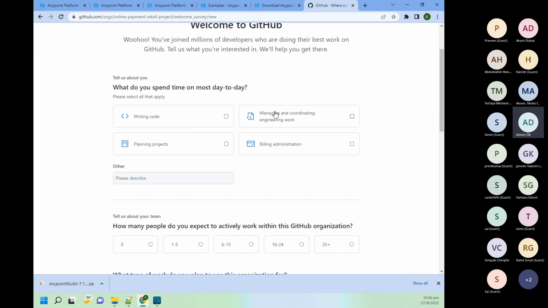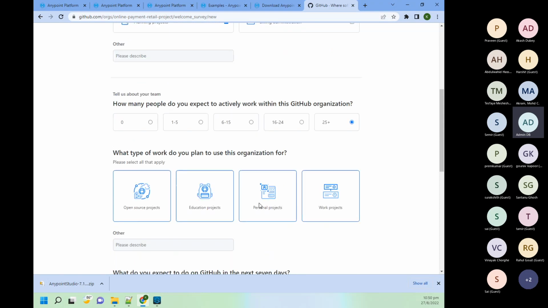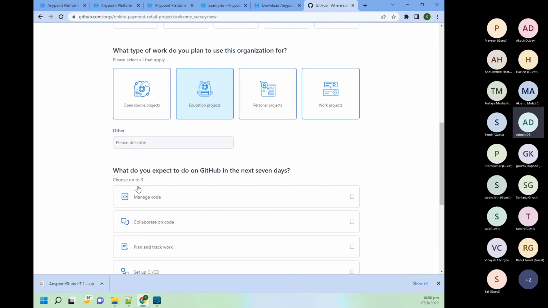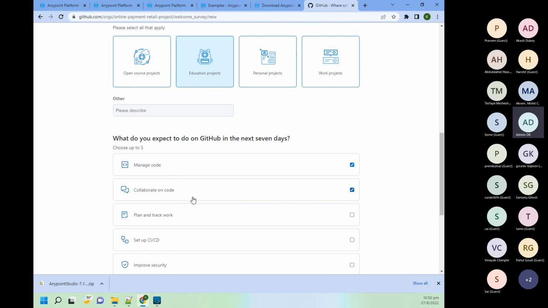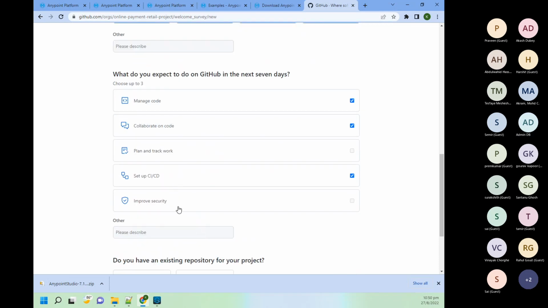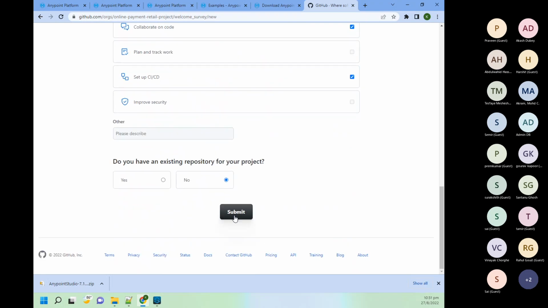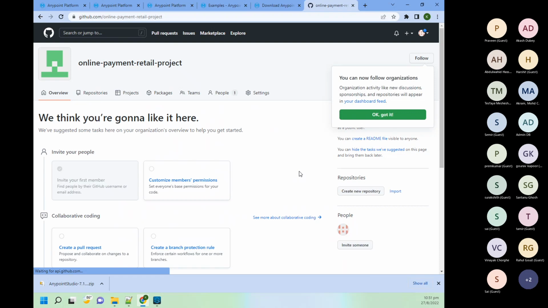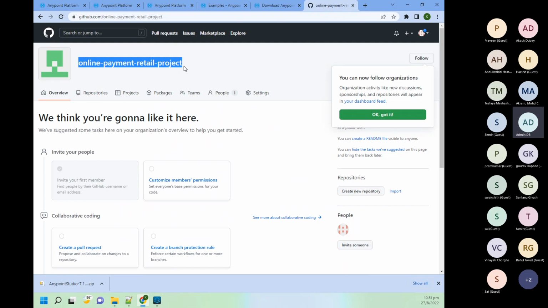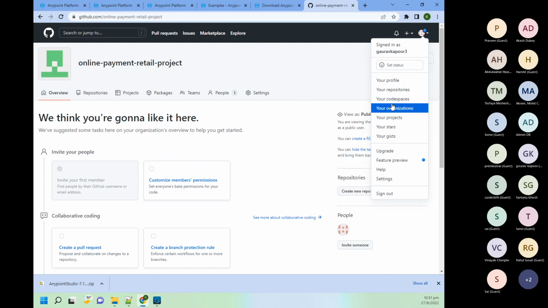So now it's asking what we are going to do. Writing code, then running a project. How many team members? 25 plus. Education project. Manage code. Collaborative coding. CI/CD. Do you have an existing repository? No. Okay, so you can see here this organization got created, and now if you look here also, you will